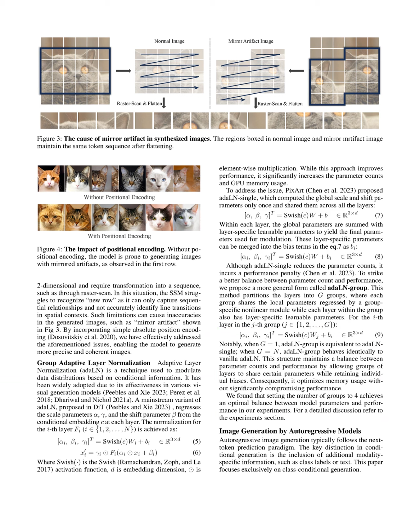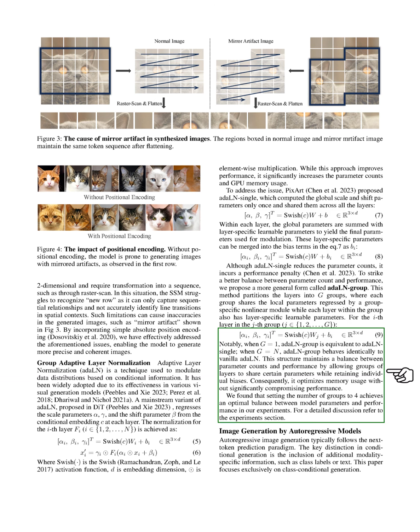Section Summary. In this section, we explore the adaptation of Mamba for autoregressive image generation, enhancing its capabilities with positional encoding to address spatial challenges and introducing a group adaptive layer normalization, ADALN group, to optimize parameter efficiency while maintaining performance. Our approach allows Mamba to effectively model images without the computational burdens associated with traditional multidirectional scanning methods.